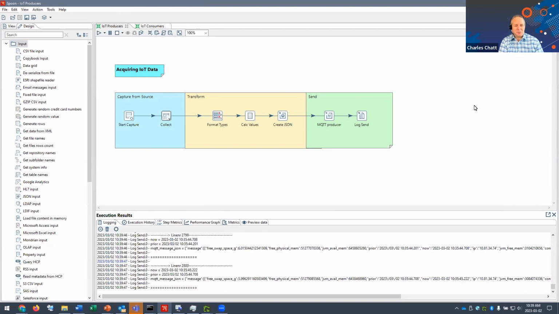So this is a battle-tested, rock solid tool that helps you not only acquire data, but blend it, work with data lakes, work with data warehouses. And I'm going to show you a couple of uses that are specific to IoT to start with. Those who've worked with IoT are, I'm sure, familiar with MQTT and deploying in those sorts of environments. And there are other protocols that come into play.